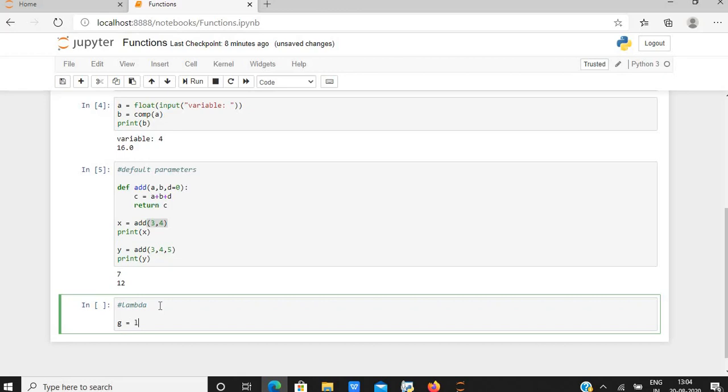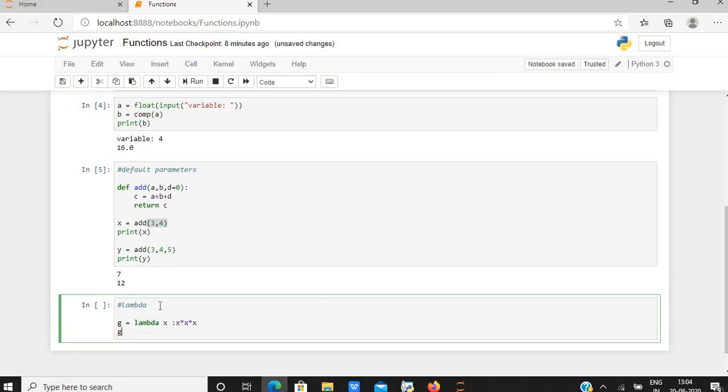I have g is equal to lambda x: x into x into x. Here x is the argument and x into x into x is the expression.